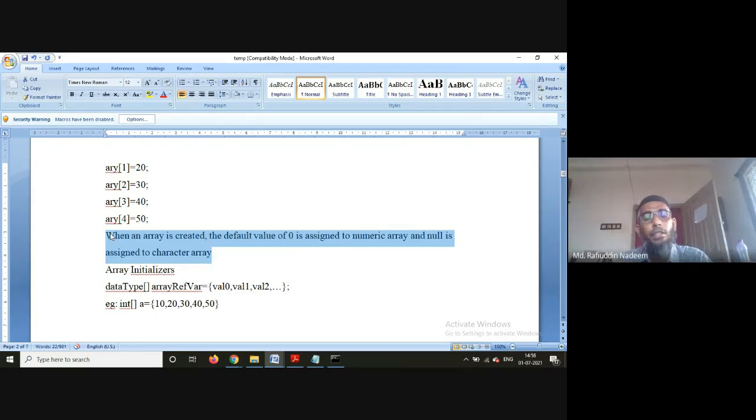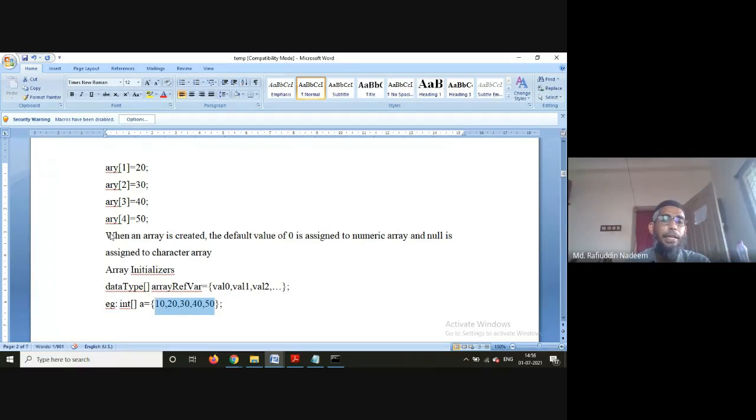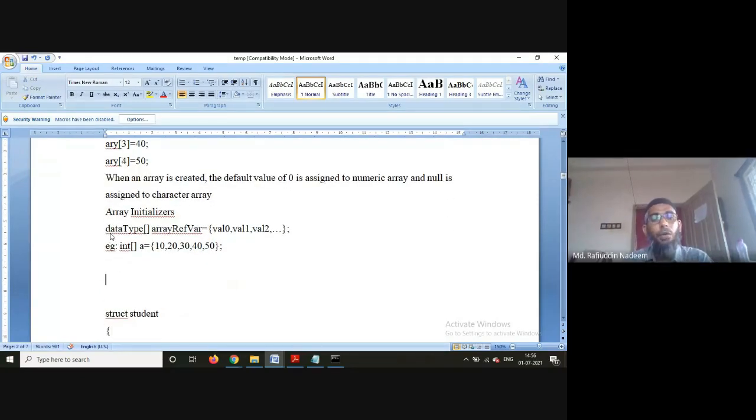Now, about array initialization, if I want to initialize them, I can do it like this. int a is equal to, directly, meaning here you are not using the new operator, you are directly giving the elements. Then the array is created with the size equal to the number of values you give here, and those values are stored individually in the respective indexes. Got my point? Like this also you can do. If you understood this point,